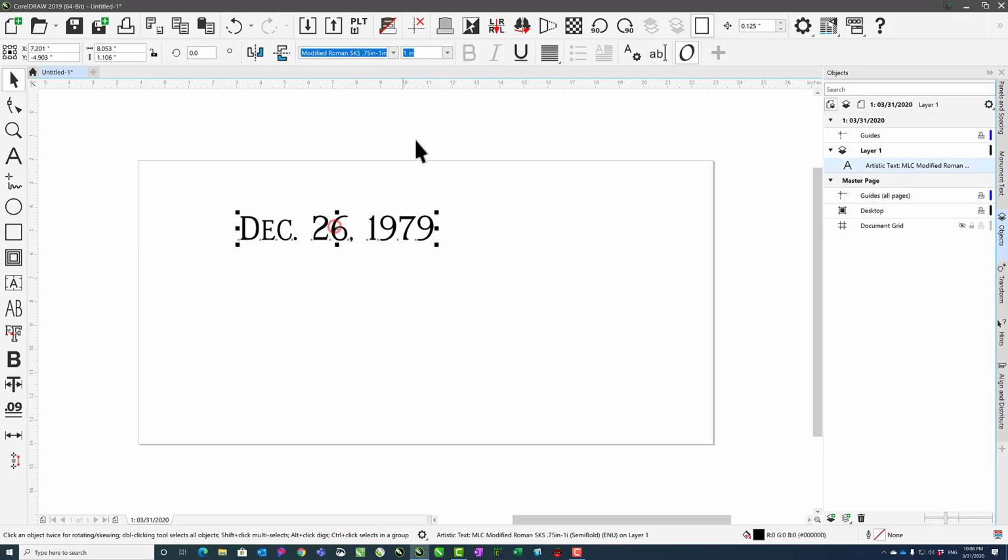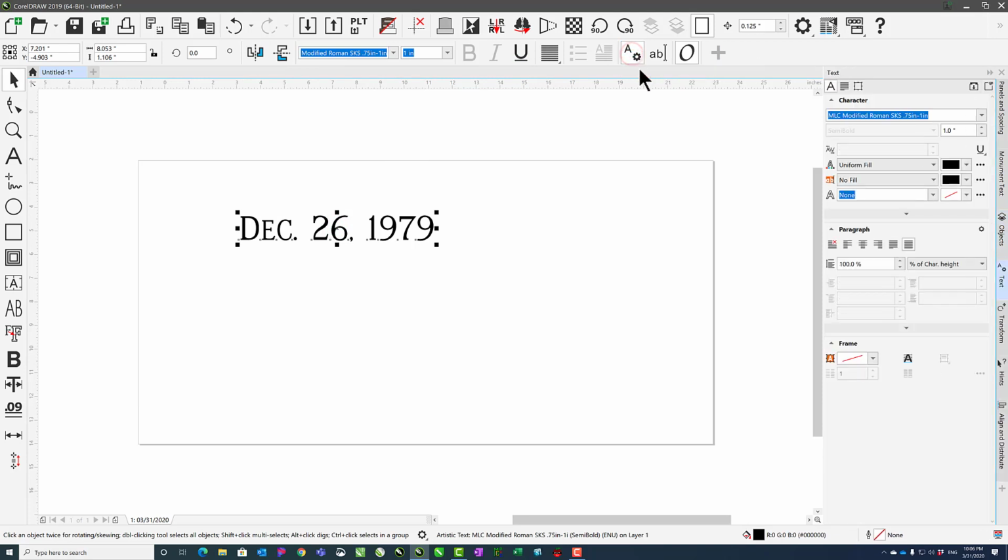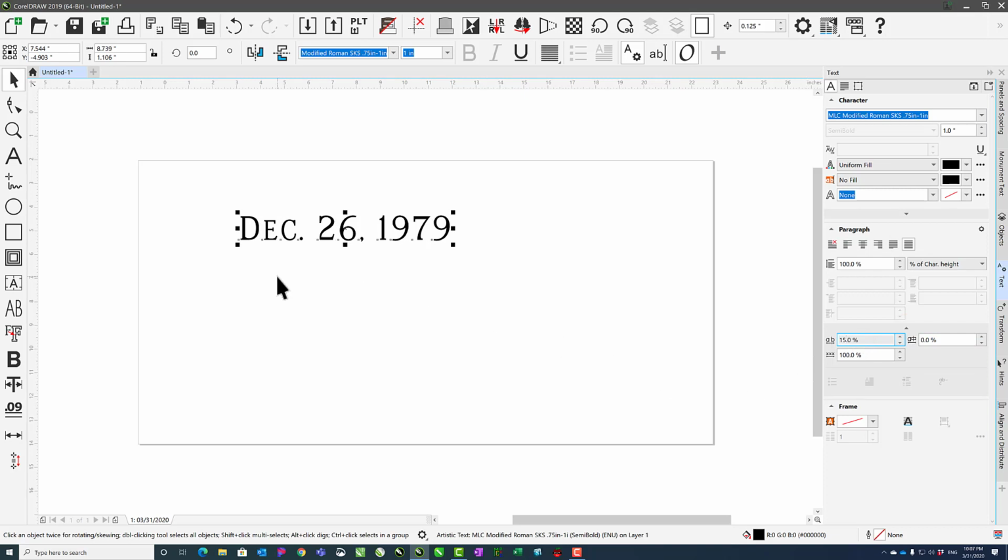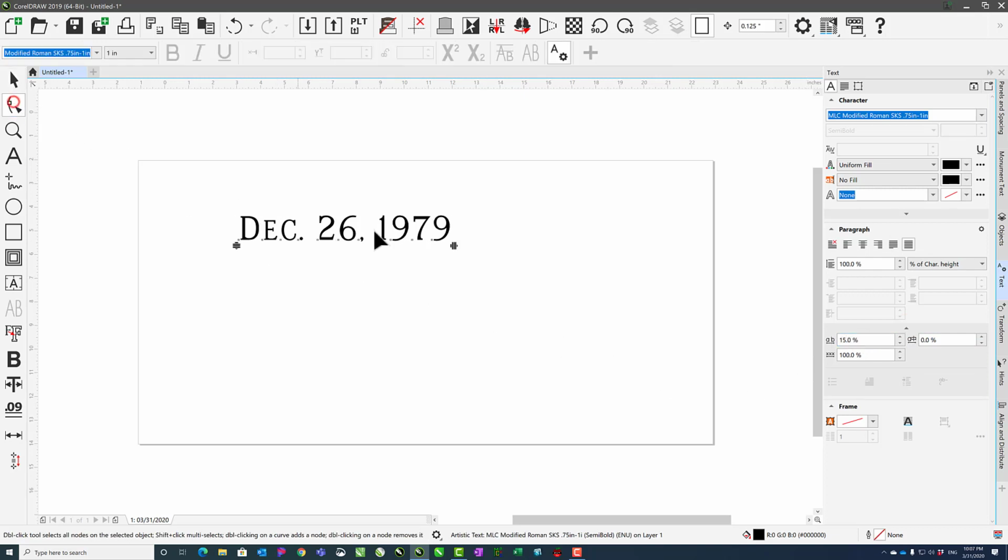In addition to the settings for text being on the property bar, if you click on this button here, it'll edit the properties over here in the Docker. The Docker has more options, so it's got options for character spacing as a number instead of doing it based on your shape tool,